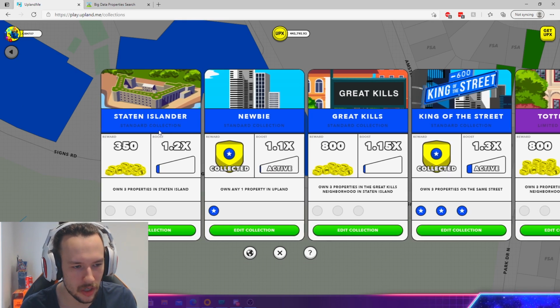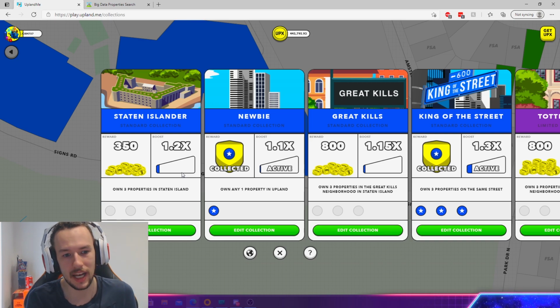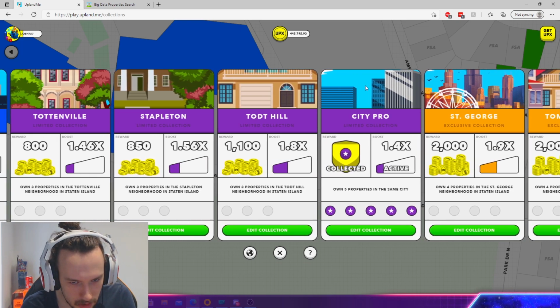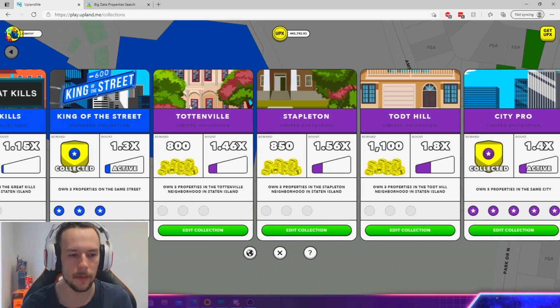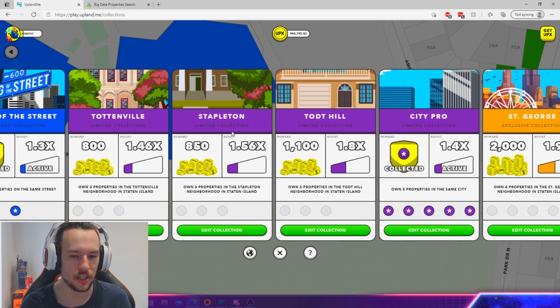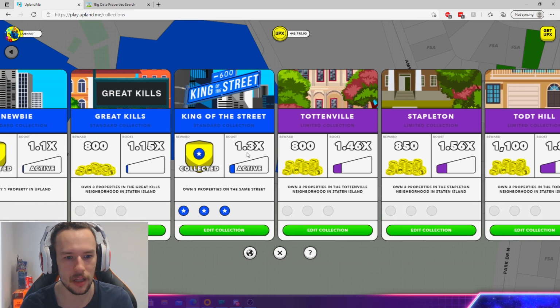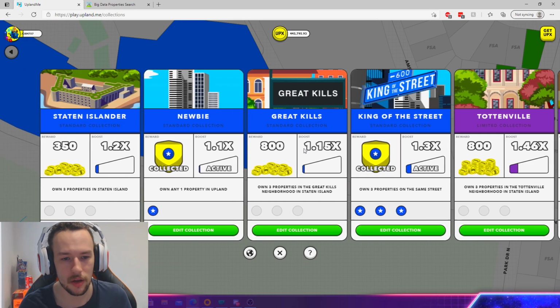Apart from Staten Insider, this applies to all properties. So it is a collection. However, it's not a sought after collection. Neither is King of the Street or City Pro. The City Pro and King of the Street apply to every city, so they're not unique collections, I guess you could say. However, you can utilize these, especially King of the Street, to sell a bunch of properties if you so wish, which we'll get onto now. So great, we've covered